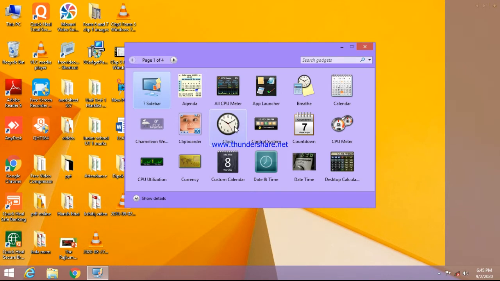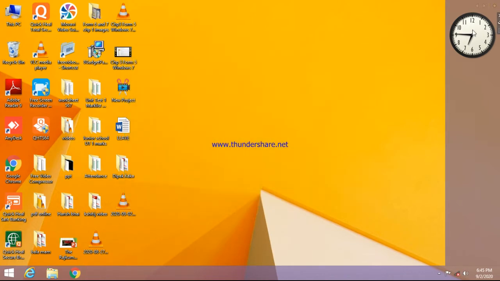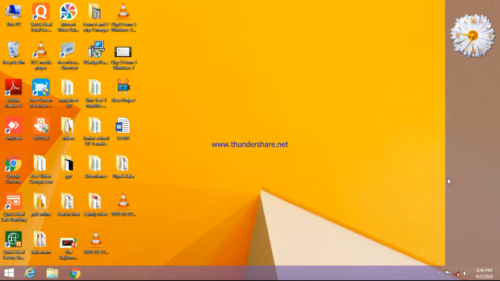Say for example, clock. So left click on the clock 2 times. Here the gadget is over here, so I have put the gadget on the desktop. That's my first activity. If I want to remove it, I can click on the close button. If I want to change the gadget, click on the setting. Select the dial of your choice and press OK button. Oh wow, this looks good.